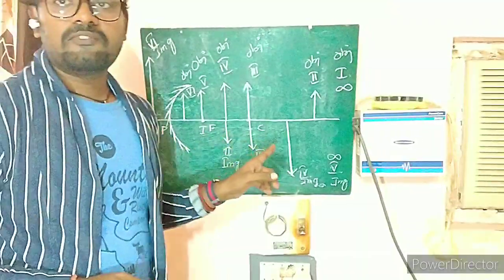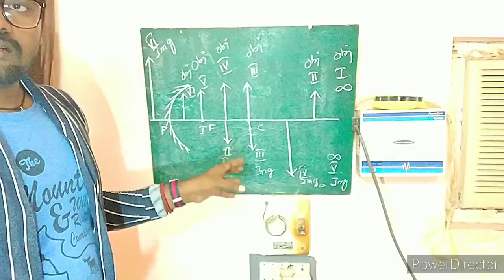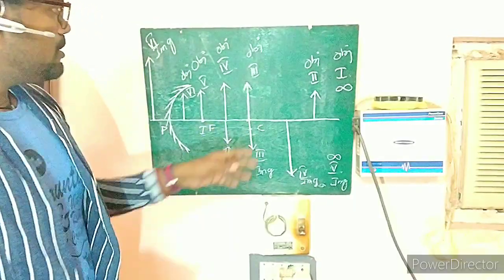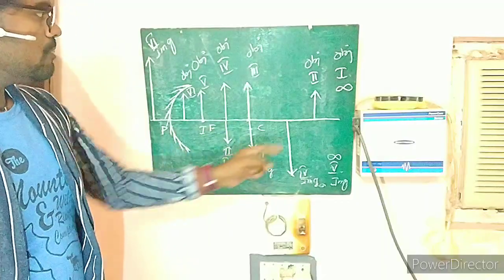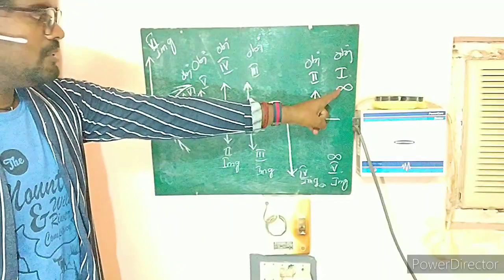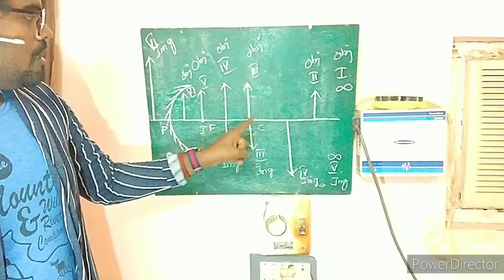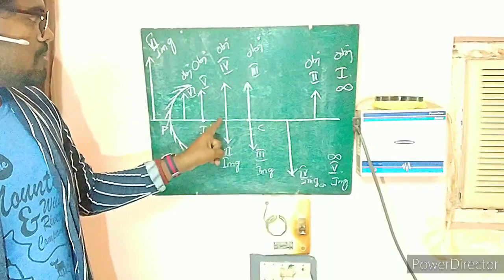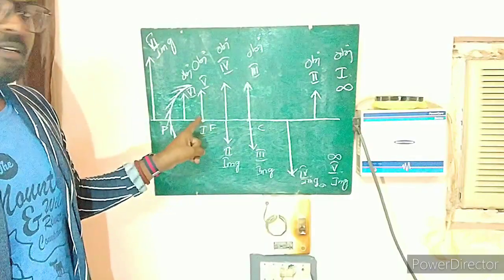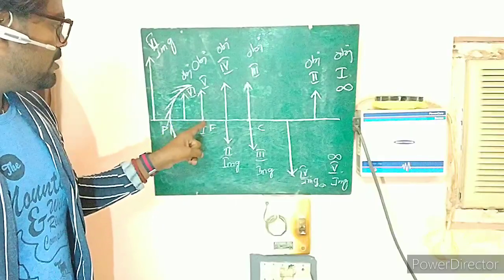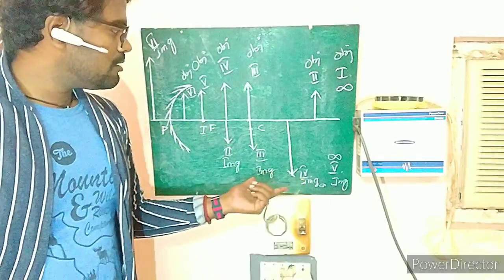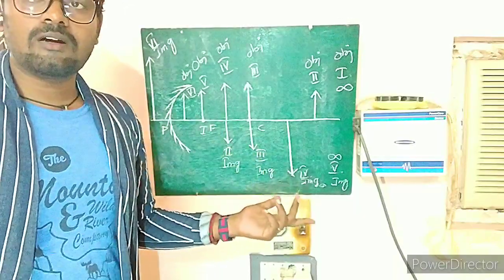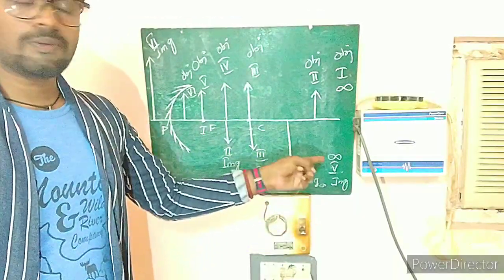So this one is a simplified way of representing all the ray diagrams for this concave mirror. Here all the 6 conditions are mentioned on the board. You can observe it. The very first condition is infinite condition. Second one is beyond center. Third one is at center. Fourth one is between focus and center. Fifth one is at focus. And sixth one is in between focus and pole. And I clearly mentioned the image position and also how the images are oriented in these particular cases.